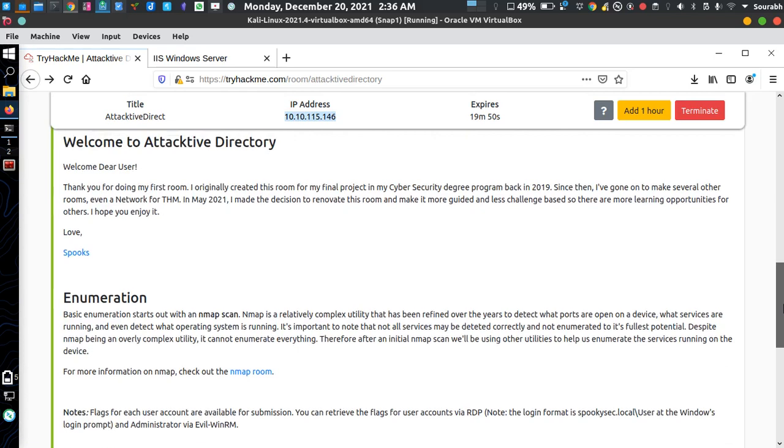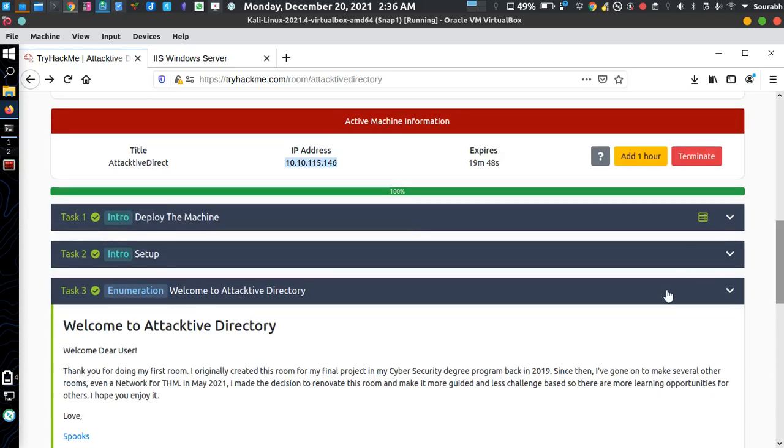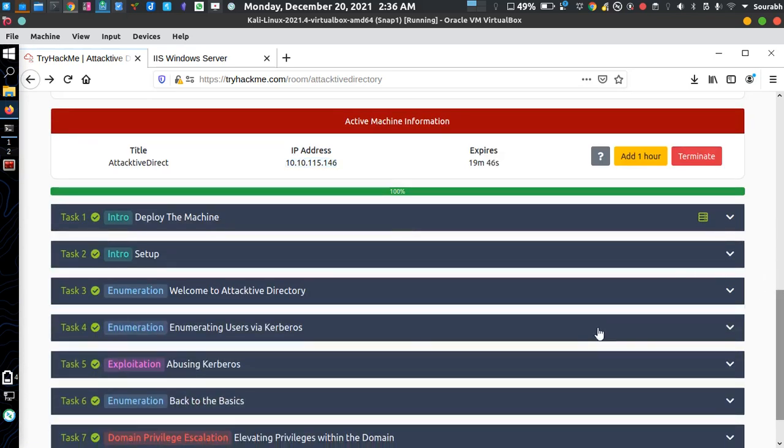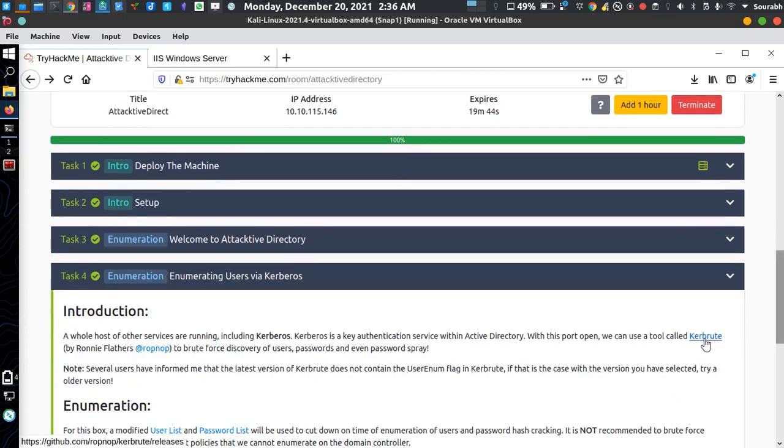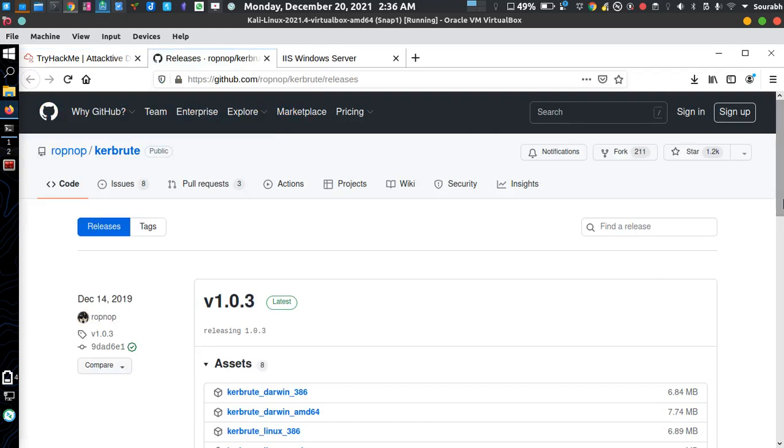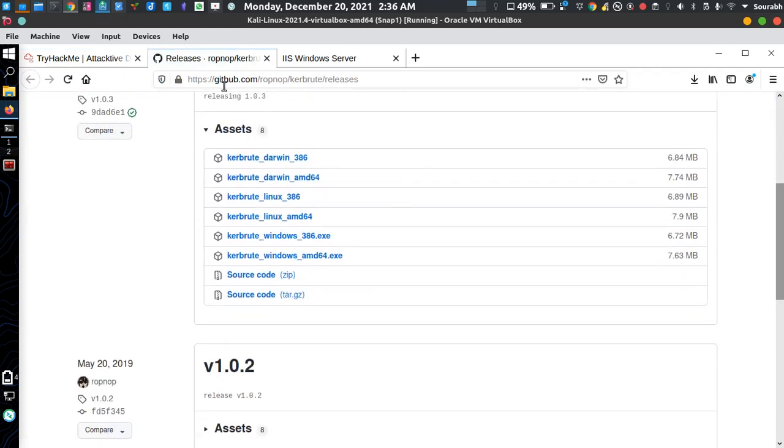So how can we download it? Just copy that particular link. Go to the Kerbrute releases. Copy this amd64, which is the 64-bit edition for Linux, and there is also 86.